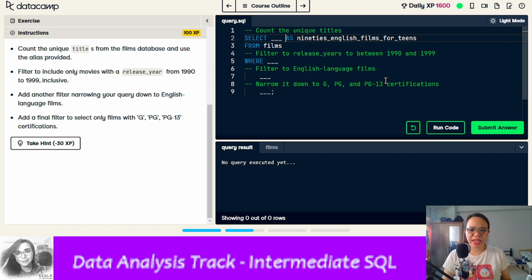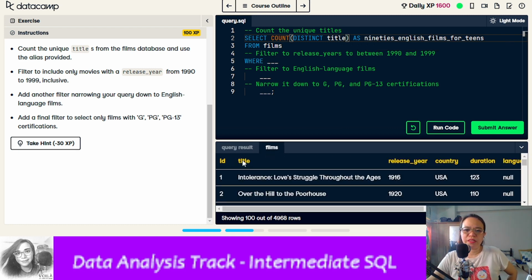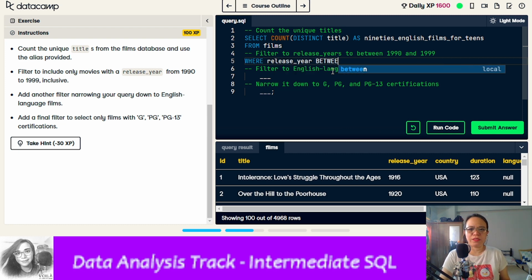So once again, we have to count. It says distinct. This is my distinct count, distinct titles. Okay, the column name is title. Count distinct title, 90s English films for teens, from films, filtered to release years between. Where release year is between